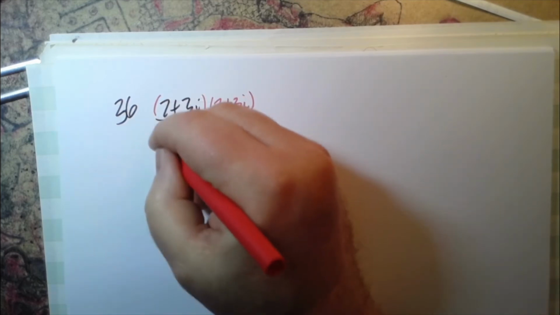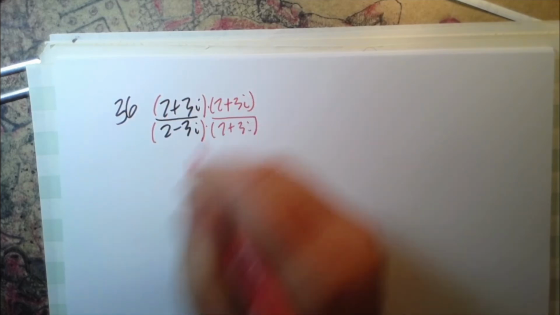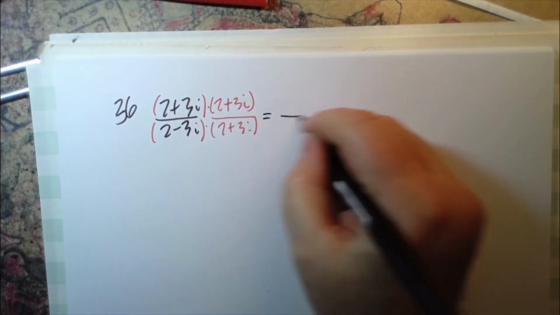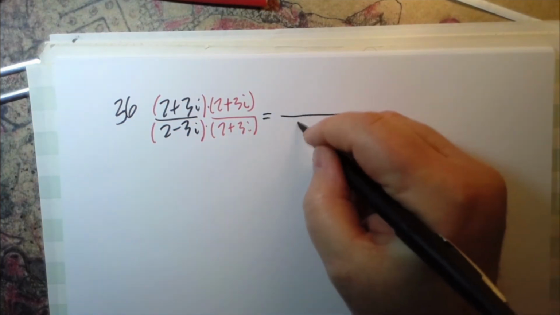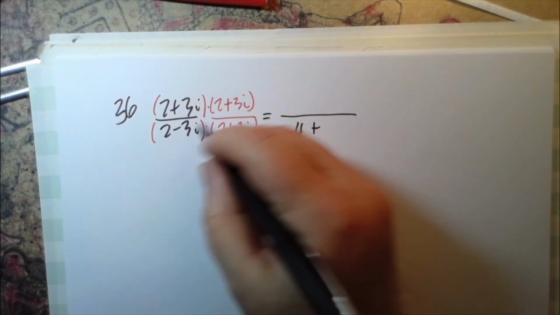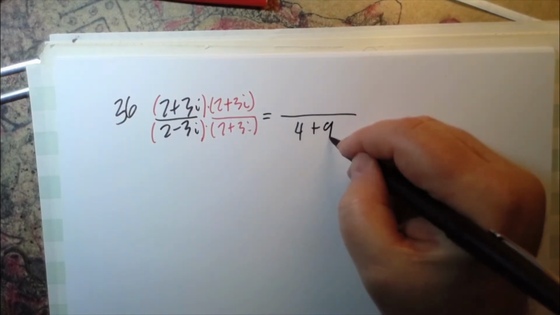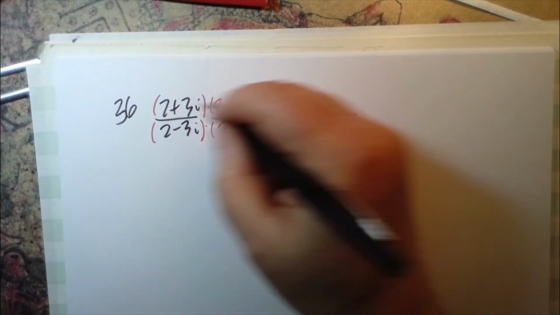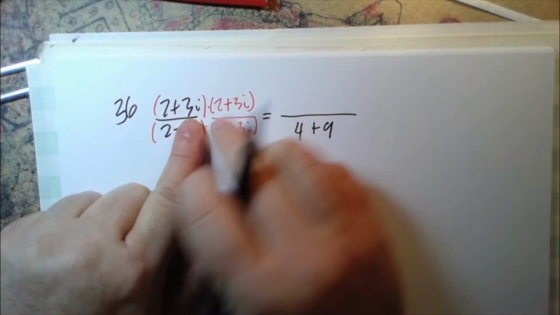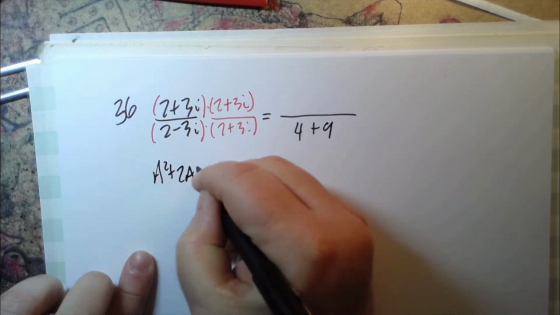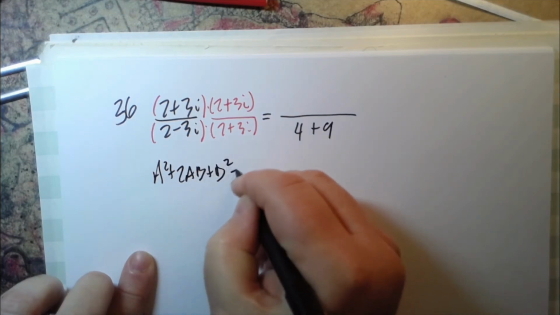But now remember to put parentheses on here, because otherwise you're saying you're multiplying this times that, but really it's the whole thing. So the denominator is the square of the first one plus the square of the b, which is 9, right? And then in the numerator we have to FOIL, but since it's the same number, again, we can use the a squared plus 2ab plus b squared equals,